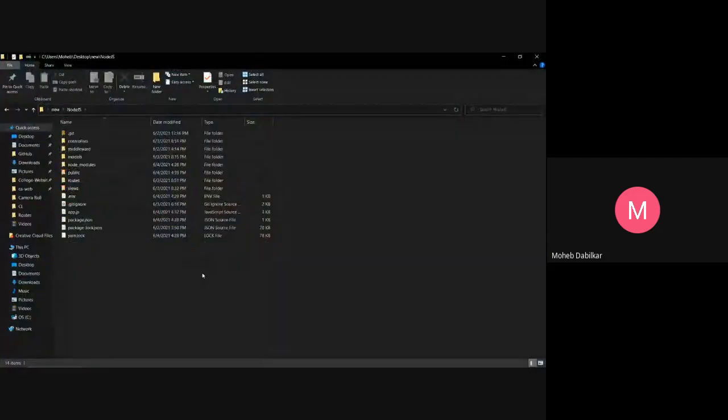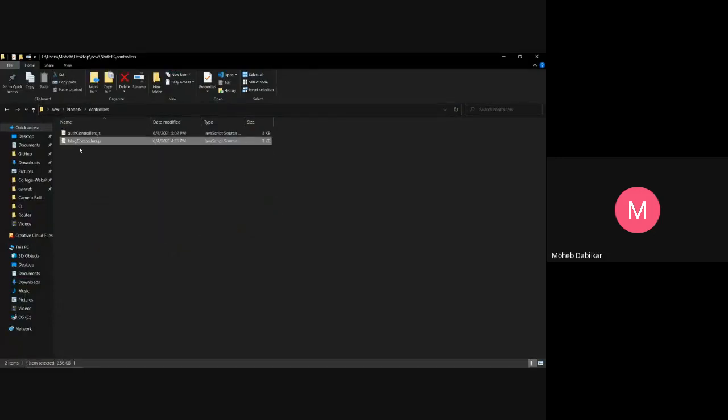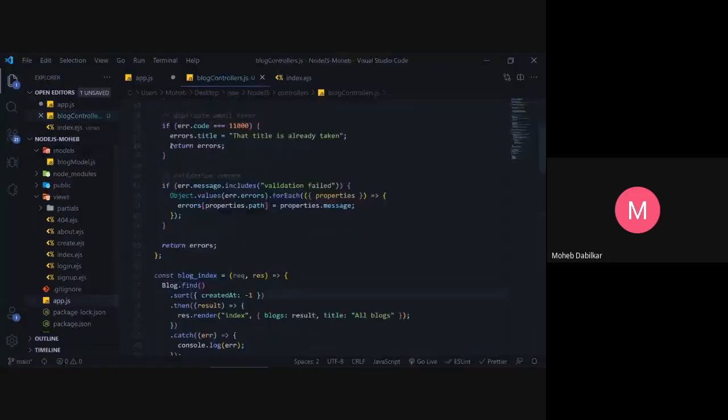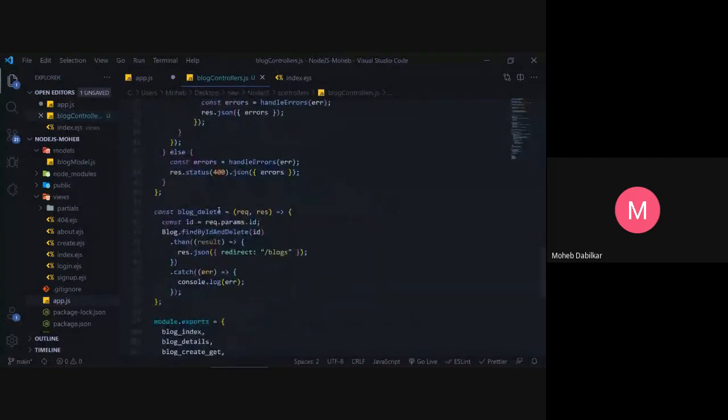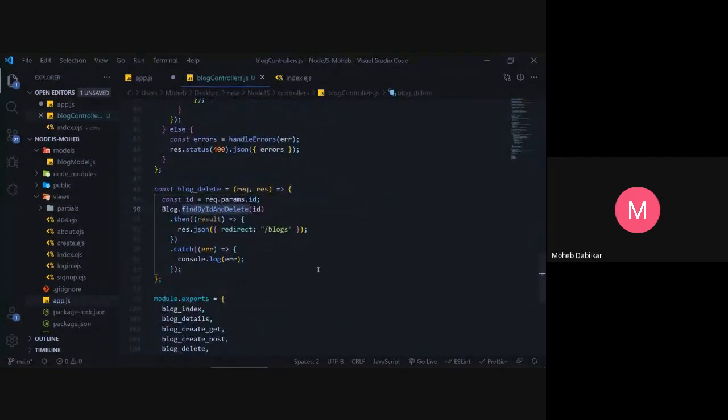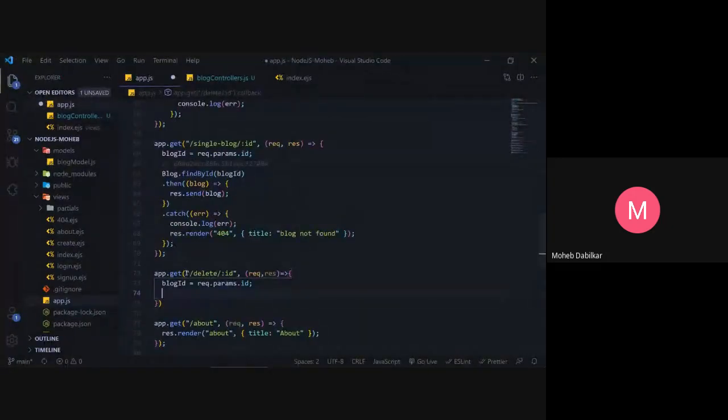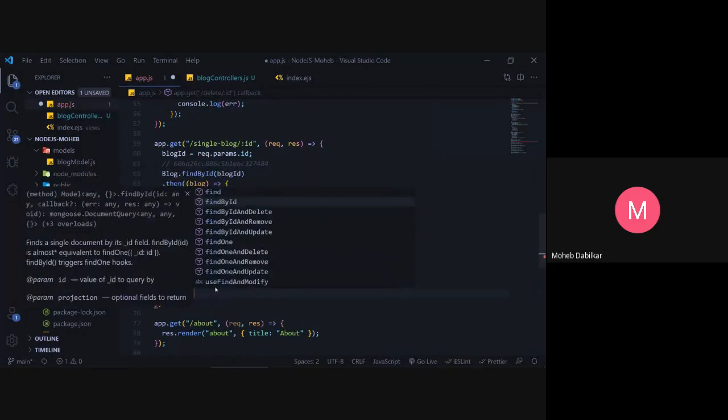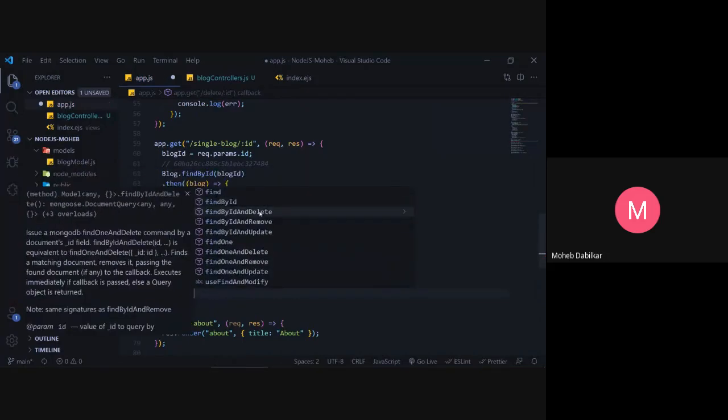Well, I have actually made the entire thing, so let's just go ahead with this. So we have find by id and delete. So we will just say blog dot find by id and delete.